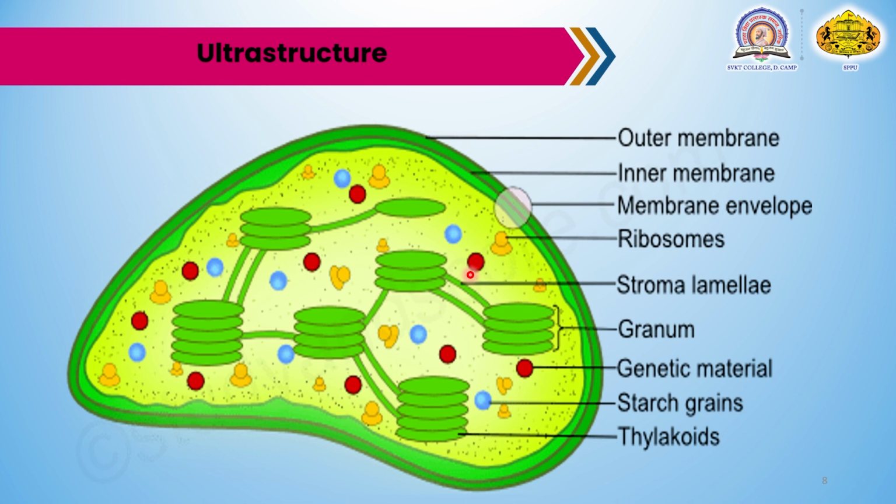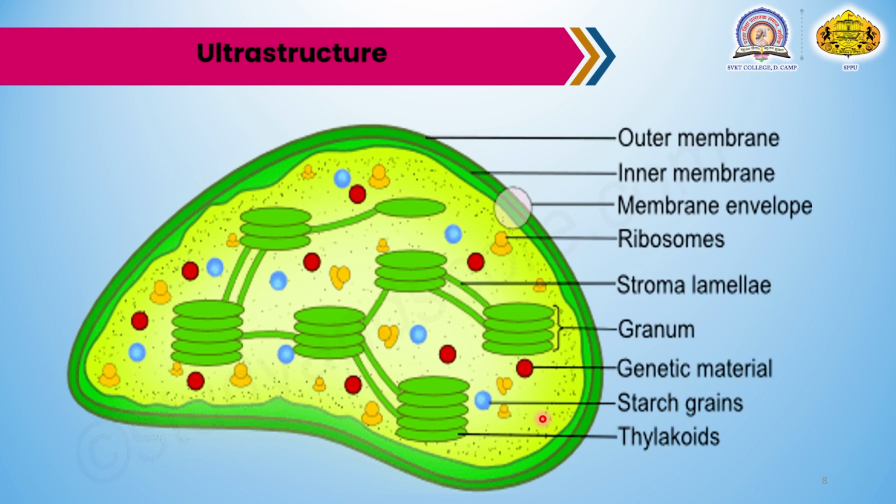The stroma plays an important role in CO2 fixation and synthesizes sugar, starch and carbohydrate material. That means the stroma can absorb CO2, carbon dioxide, and before that it can synthesize some energetic materials. This is the discussion about the stroma. Then another important part of this chloroplast is the thylakoid.